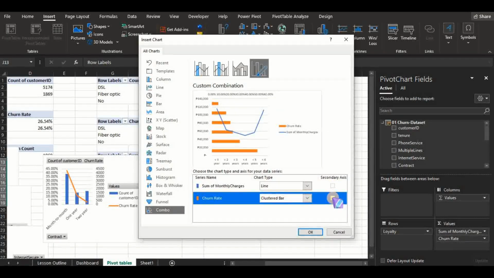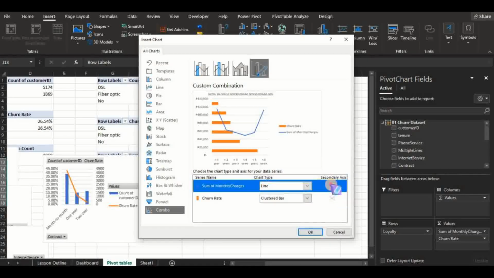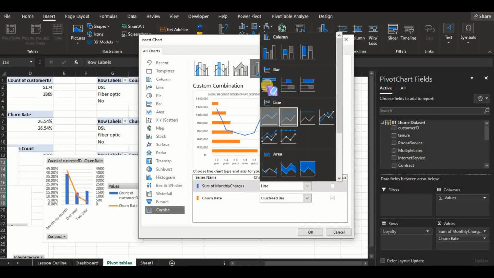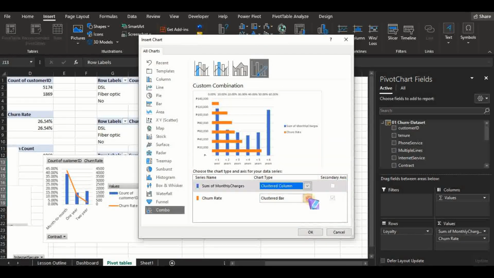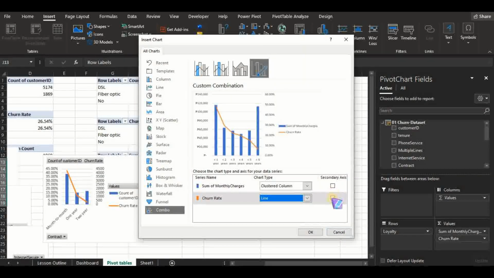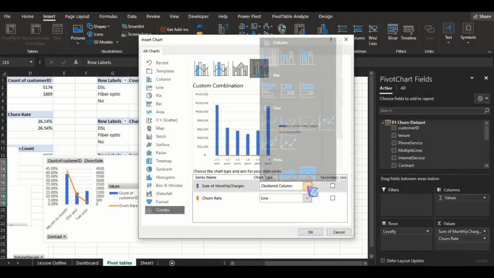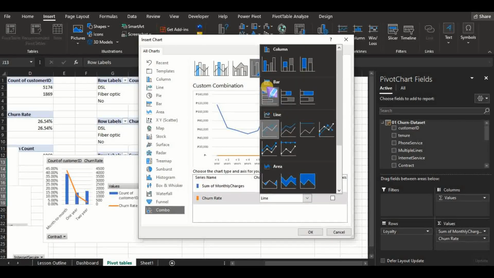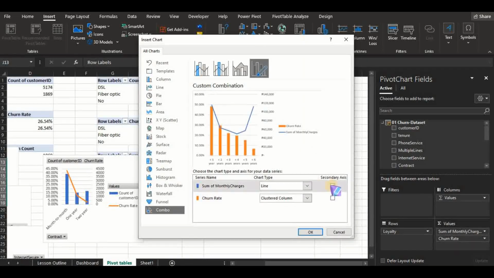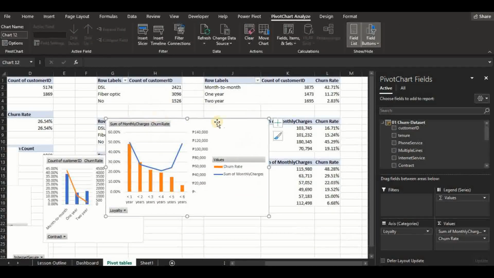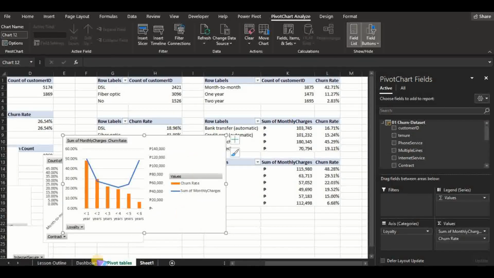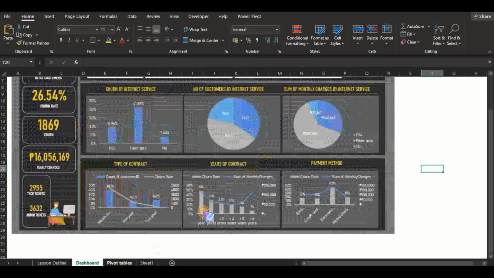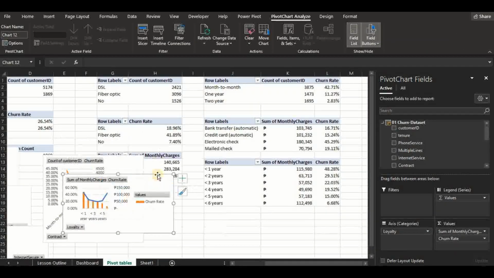And the secondary axis, hold on, not able to uncheck. Okay, line, clustered column, and then checked, and hit OK. Sum of monthly charges is the line, all right? Resize,